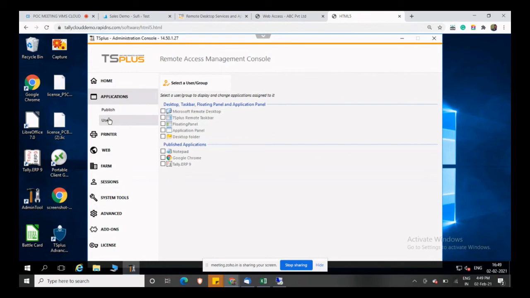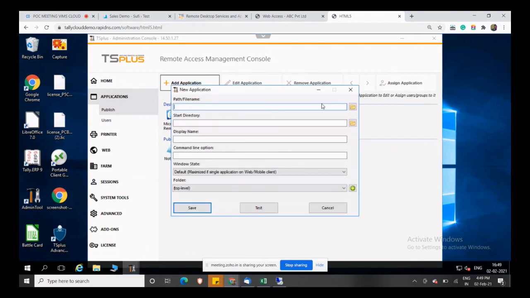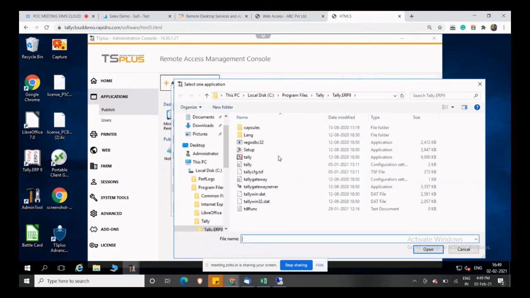All right. And applications, we can add applications, right? Then you have to install it on the server like you normally install on your desktop. Once it is done, you can publish the application. It is very simple.